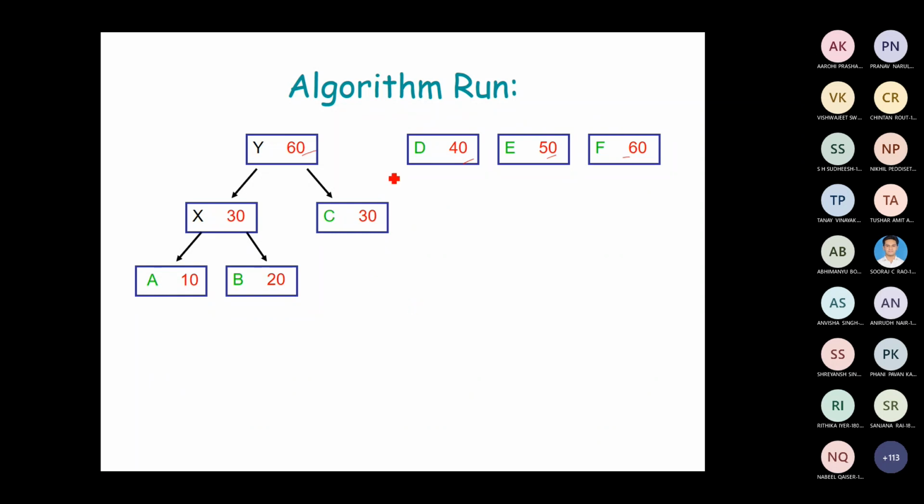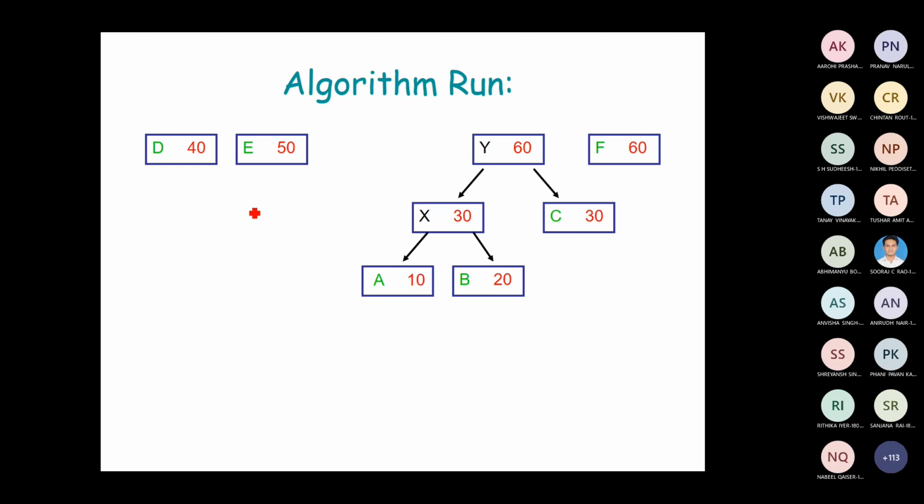To get the increasing order, again you have to sort it. When you sort it, what exactly will happen? 40 and 50 become the first two nodes and 60 will come to this position. You must sort it, then only we can do it. If you are not sorting it, you could not produce the prefix code. So after sorting, I am getting these nodes: 40, 50, 60 and 60 here.